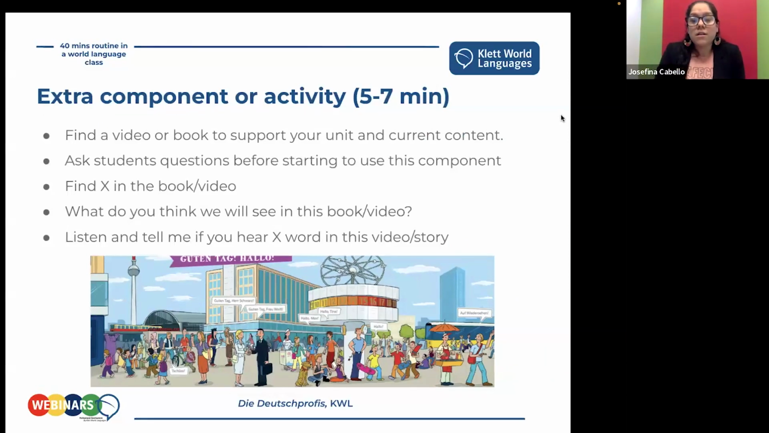And another thing that you can do is find an extra component or an extra activity for that unit that you're working on. You can find a video or a book to support your unit. You can ask questions before starting to use a component. For example, you can say, hey, on this image, I want you to find someone who's greeting a friend, find someone who's saying good morning, find someone who's saying hello. So give them specific things that you want them to find, either in the book, in the video, in the